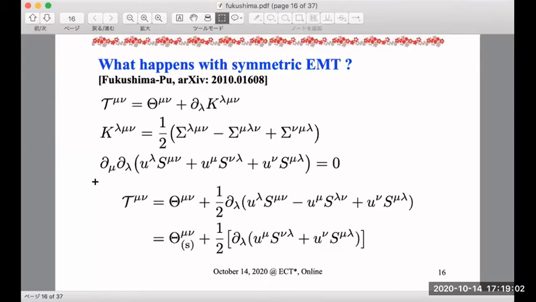So this is a very interesting question. I think that's why we try to avoid the Belinfante procedure, because it seems that you cannot constrain the spin density, the spin potential, somehow. But it depends. The whole question depends on how many thermodynamic fields you have. Yeah, exactly. But as far as I understand, S mu nu is a thermodynamic field, right, Kenji?